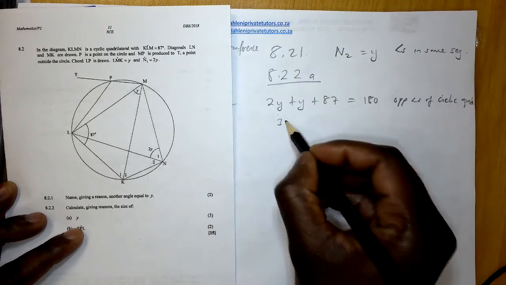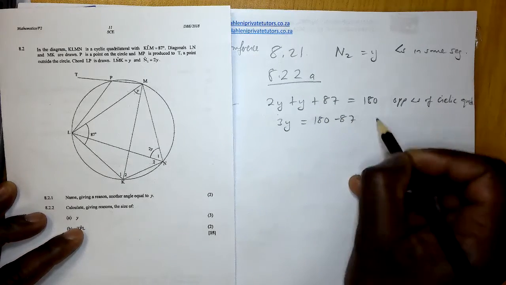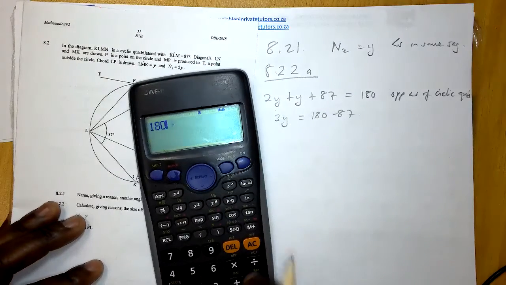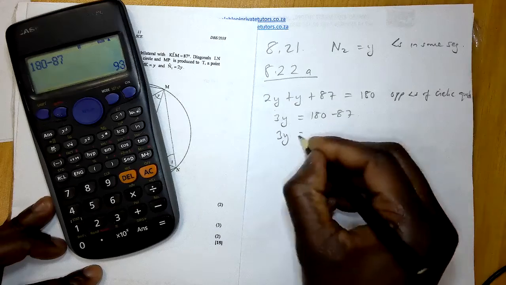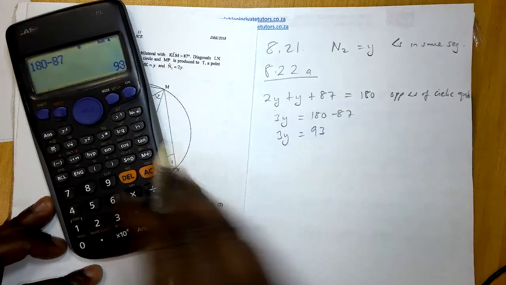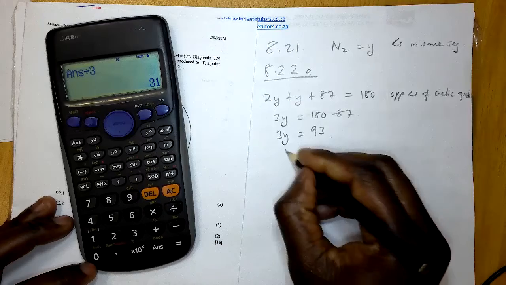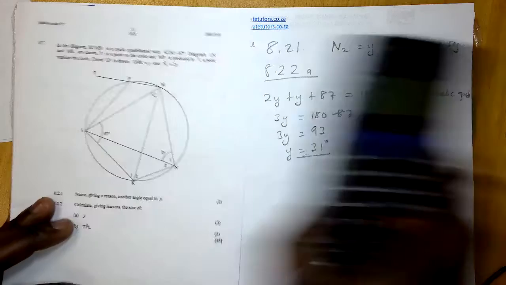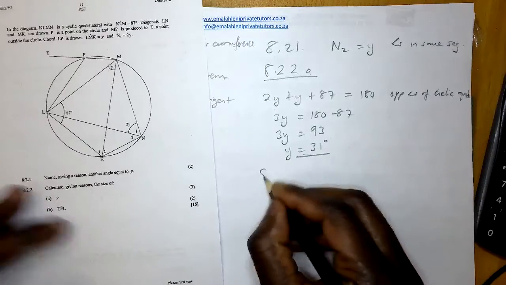It's going to be 3y is equal to 180 minus 87. Then it's going to give us what? 180 minus 87, we get 93. 3y is equal to 93. Then what is 93 divided by 3? We get 31. So y is equal to 31. So we have already found the value of y. Then we move on to